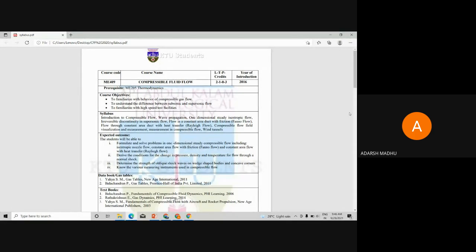So it is compulsory to buy your data book of S.M. Yahya. Please note the name of the author, S.M. Yahya. Gas tables, or the compressible fluid flow data book, that is Gas Tables of S.M. Yahya. It is available in online stores and you can buy it from many retail stores. So please, without any fail, you must buy your data book today itself.